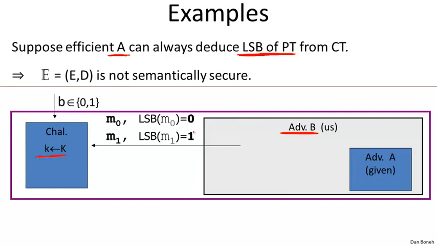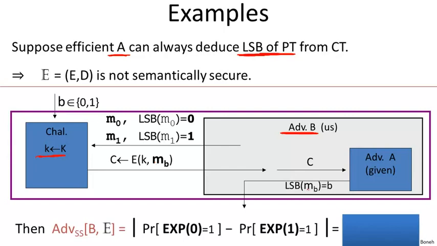Now, what is the challenger going to do? The challenger is going to give us the encryption of either M0 or M1, depending on whether we're in experiment 0 or in experiment 1. And then we just forward this ciphertext to adversary A. Now, what's the property of adversary A? Given the ciphertext, adversary A can tell us the least significant bit of the plaintext. In other words, the adversary is going to output the least significant bit of M0 or M1. But lo and behold, that's